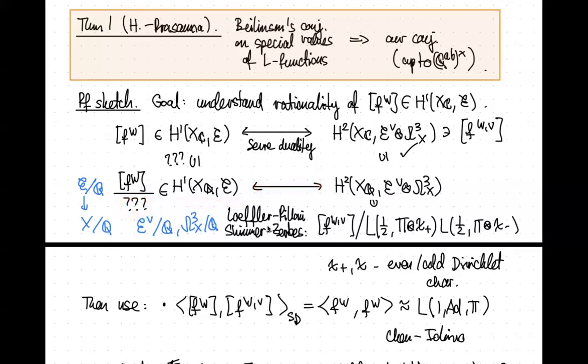Okay, and then in order to figure it out, you have to use duality. So I don't know the rationality of this one, but the rationality of the other side is a bit easier. Sorry, I didn't quite catch the last thing you said. I was saying that for the 3 question marks on the denominator on the left-hand side, there is no way to directly figure out what it is. Well, at least I don't see a way.